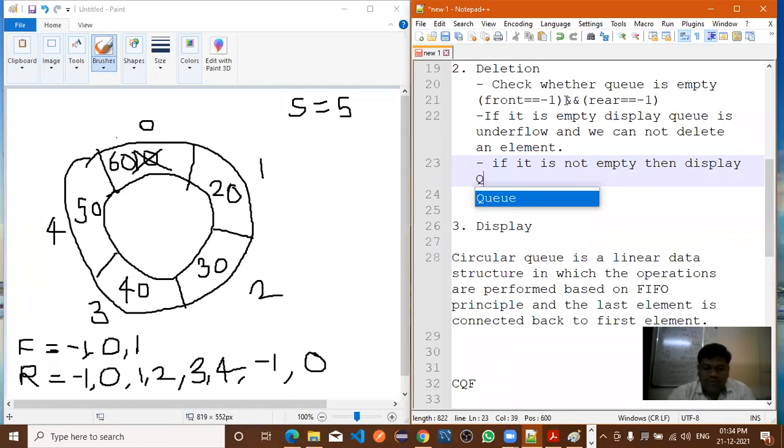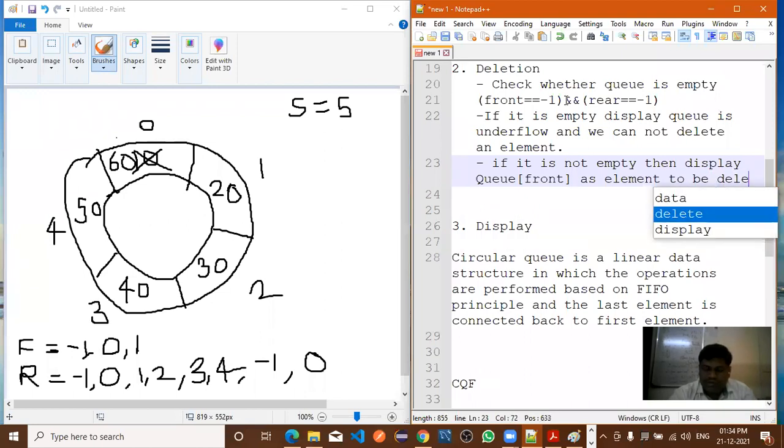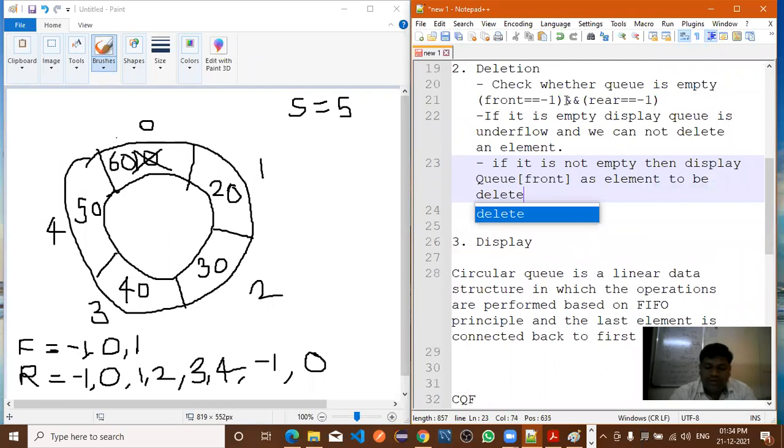Can I say queue of front? So array queue of front, you can display. If it is not empty, then display queue of front as the element to be deleted.